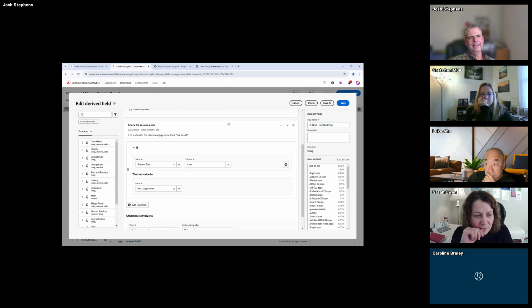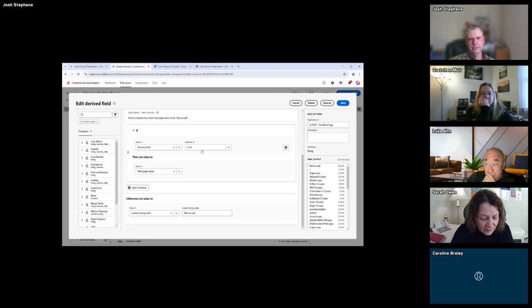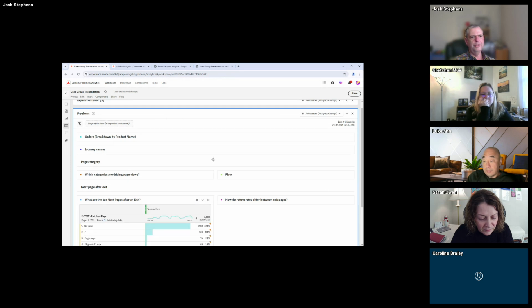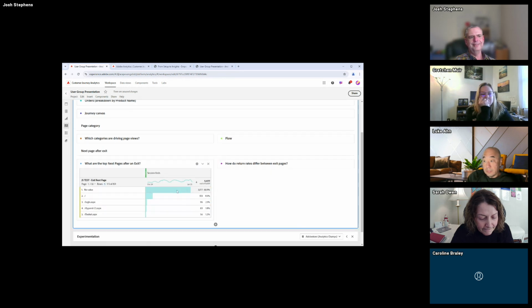So I get the next page name, and then I'm checking to make sure that it is a session end event. And if it is, then I'll return that next page name that we got with the rule above. If it's not a session end event, then it'll set the value to not an exit. And if we come over here and look at this freeform table, we'll see that the top value for that next exit page is no value, which means it was an exit, but that person hasn't had a return visit. And seeing that almost 70% of the session end events didn't have a return visit